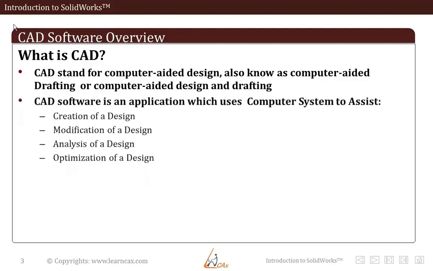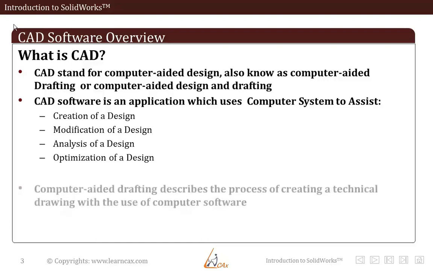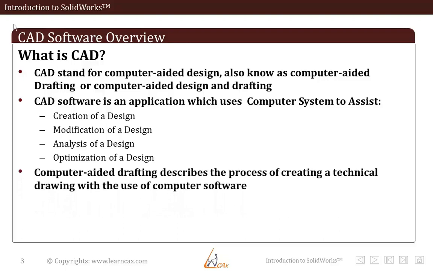So moving ahead, let us now see which sections of the manufacturing process fall under this term. Starting with creation of a design, modification of that design, analysis and optimization of that particular design, these all processes actually fall under the term called CAD. Next is computer aided drafting, the process of creating a technical drawing with the help of computer softwares. You must be familiar with AutoCAD and all. So these softwares are usually used for creating 2D drawings.